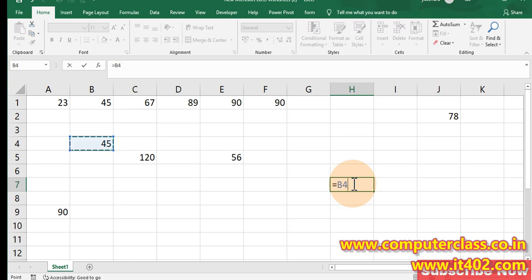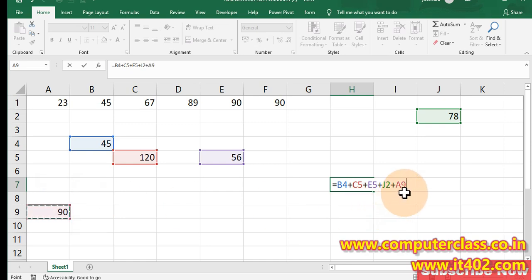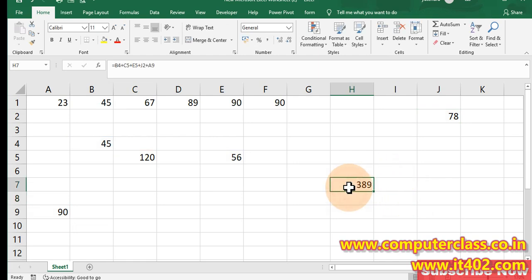In computer programming we always use operators: plus, minus, multiply, divide. Again click on the particular cell, put plus, click, plus, click, and we don't need to put plus at the end, just press enter.